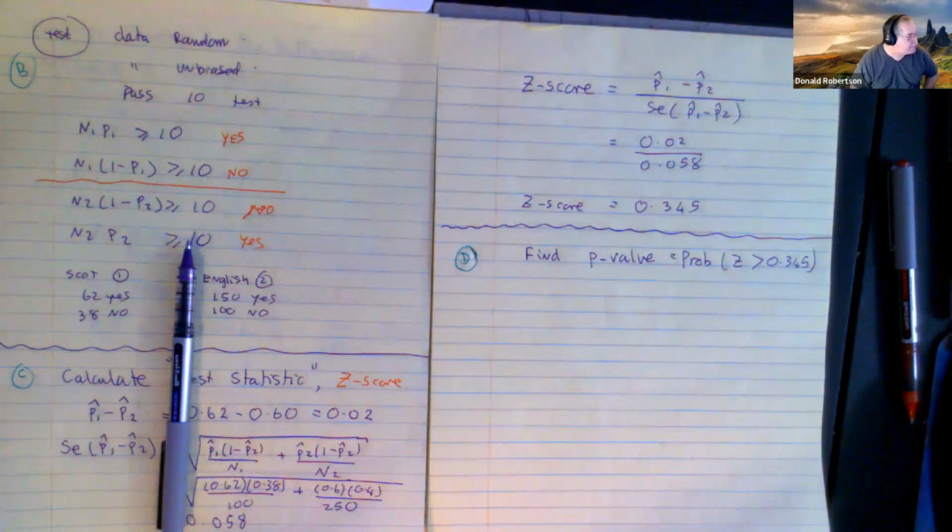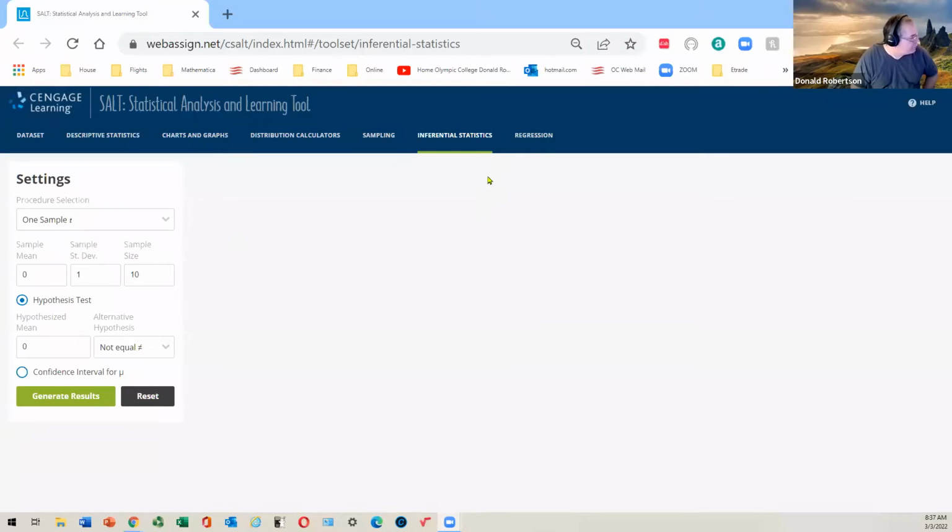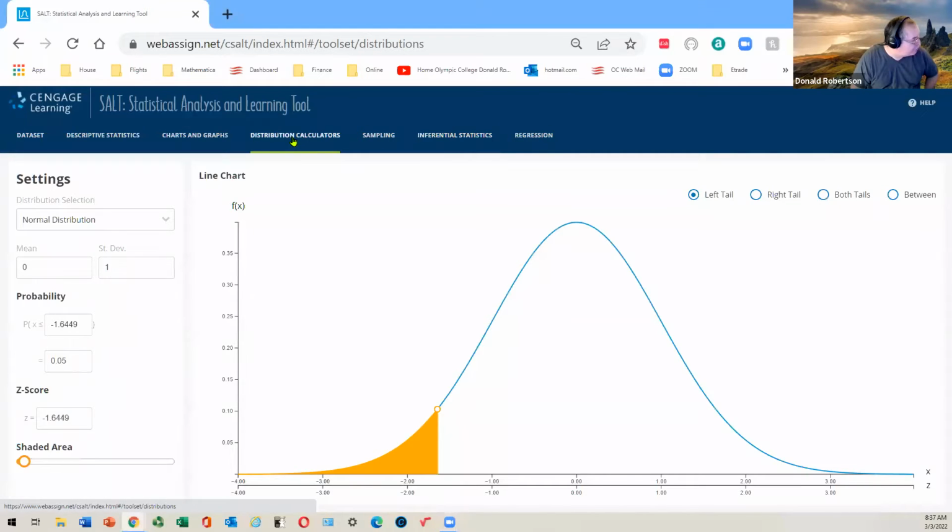So I'm setting that up. We should be ready for it. So here it goes. Close this window and open another one. There we go. So click on distribution. There we go. Leave these as their standard values. We want a greater than, so I'm going to pick right-tailed, right? Bigger than. And we want to find, is it bigger than